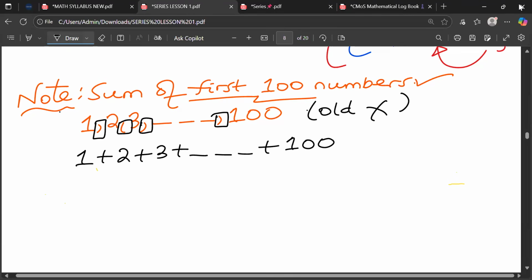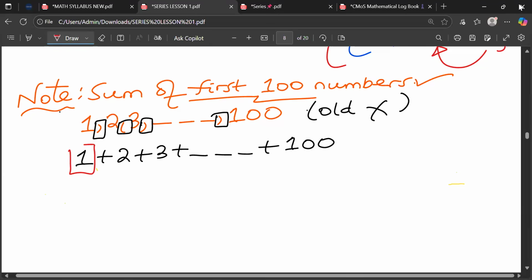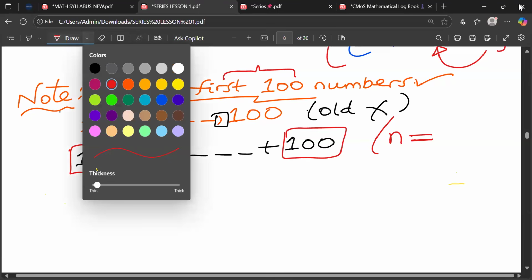Now, you people, you don't need to suffer with this. You have the first term. You have the last term. They have told you the first 100 numbers. That means, who can tell me what is the value of n? If they tell you the first 100 numbers, what is your n? Is your n 100? Is it 101? Or is it 99? If they tell you the sum of the first 100 numbers, remember the formula is like this,